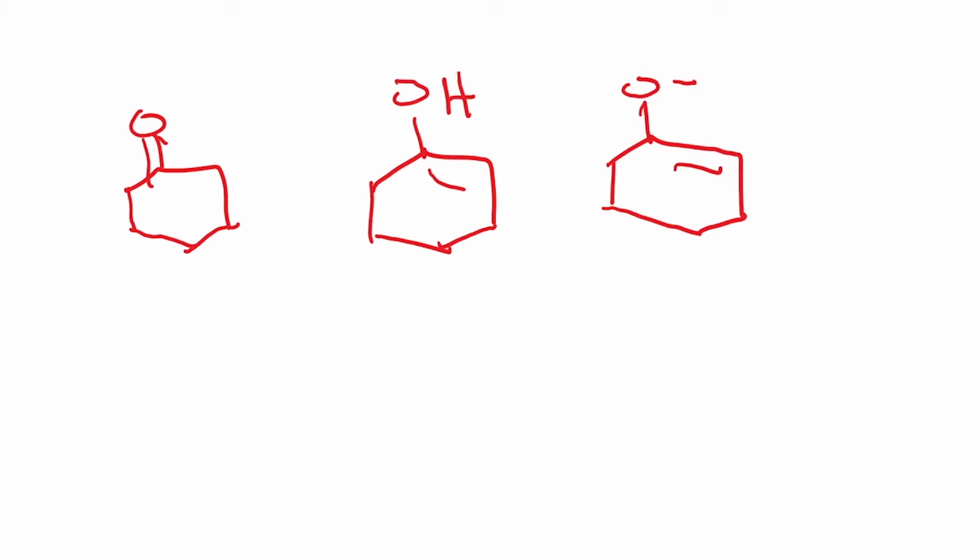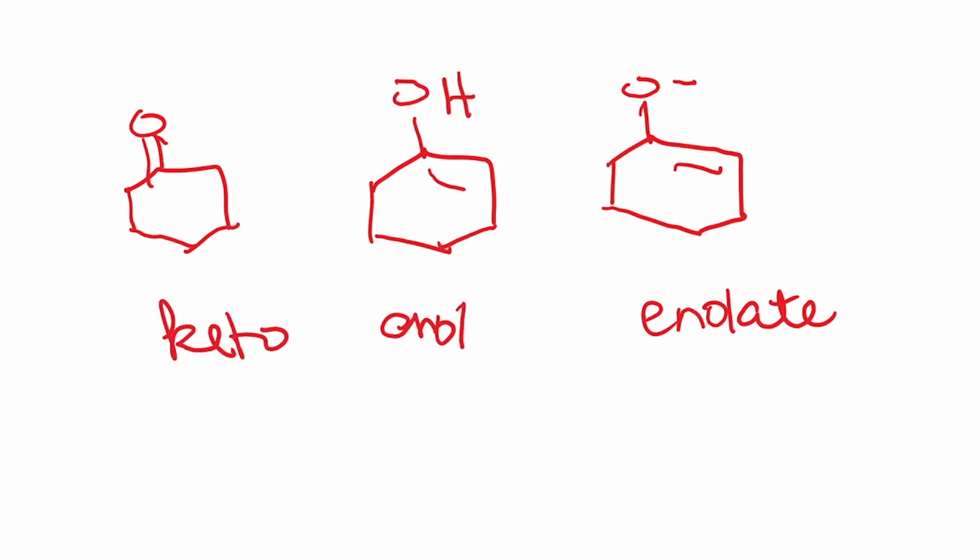Okay, so this is the enolate, this is the enol, and this is the keto. These terms I think we should all get quite familiar with, and once these are clear, then we don't need to worry too much, because in the rest of the course we will be coming back to these terms again and again. Now, as you know, there are several varieties of carbonyl compounds.